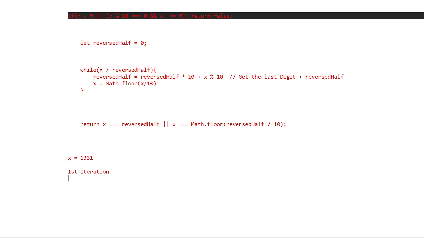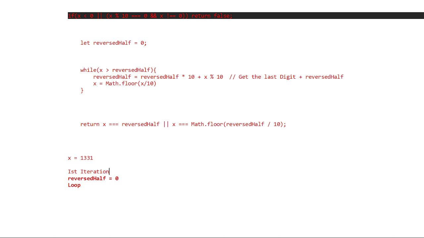For the first iteration, I'll again copy paste it. Being a developer, this is a very bad habit, right? So reversed half is marked as 0. Now there is a loop. What does the first iteration of the loop say?